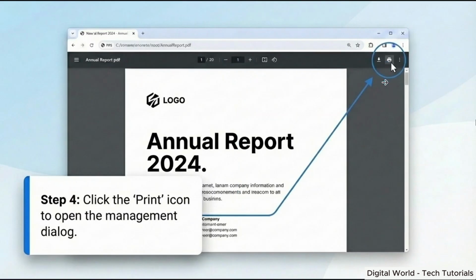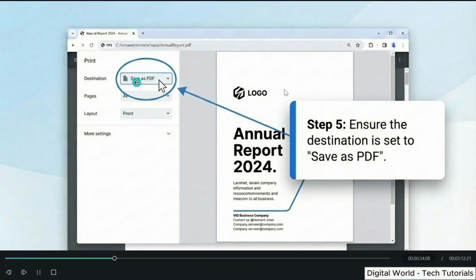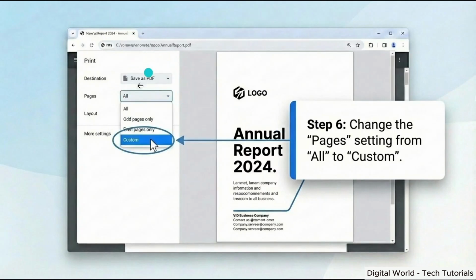If you do not have a printer, don't panic. We are not taking the printout, and we are not using the printer. We are using this printing feature. In the next pop-up screen, where generally the printers are selected, you need to select from the drop down menu Save as PDF, and here in the pages you will see these options of all, even and odd pages, but